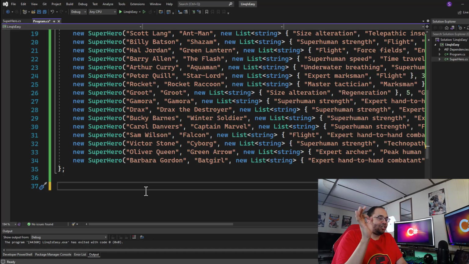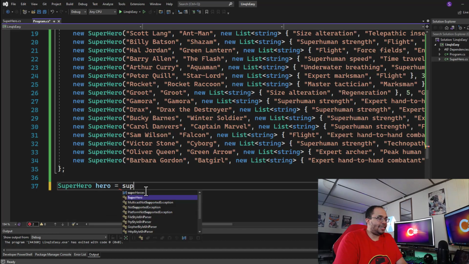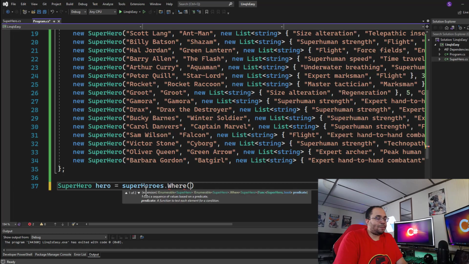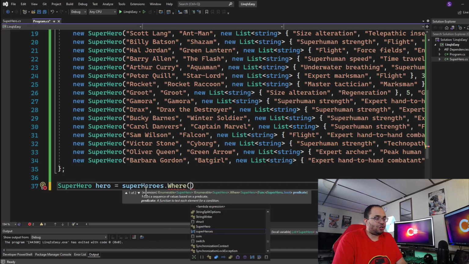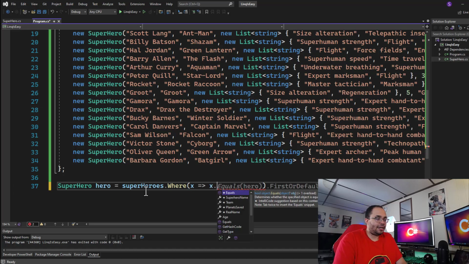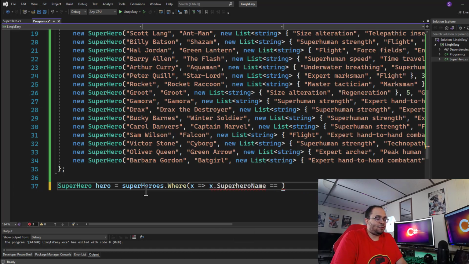All right, and LINQ's got you there. So LINQ basically says, okay, cool, I can search for and give you back one thing. So we're going to do superhero, hero is equal to, and then we give the data set. Superheroes is the data set, that's the full thing, and we're going to filter it. You can do this a couple ways. We're going to do it with where first, and I'll show you how you can condense it. So we're going to do where x dot superhero name is equal to